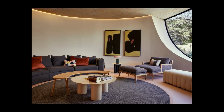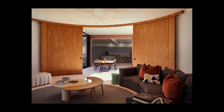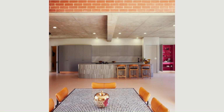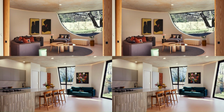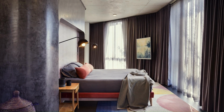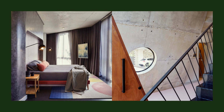Their home, with its focal point being a magnificent Chinese nettle tree, can be aptly described as an ever-evolving architectural marvel. It takes on a transformative journey, morphing through a series of geometric shapes, commencing with a triangle and culminating in a circle. The concept for this 275 square meter house, nestled on a 1,600 square meter plot of land,